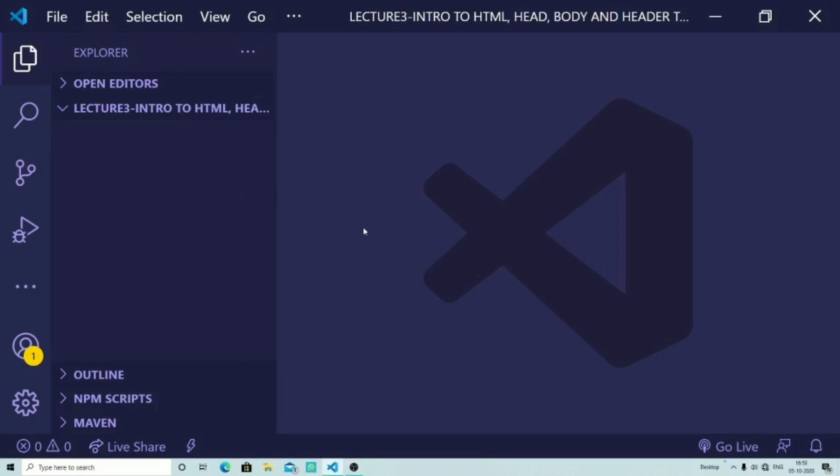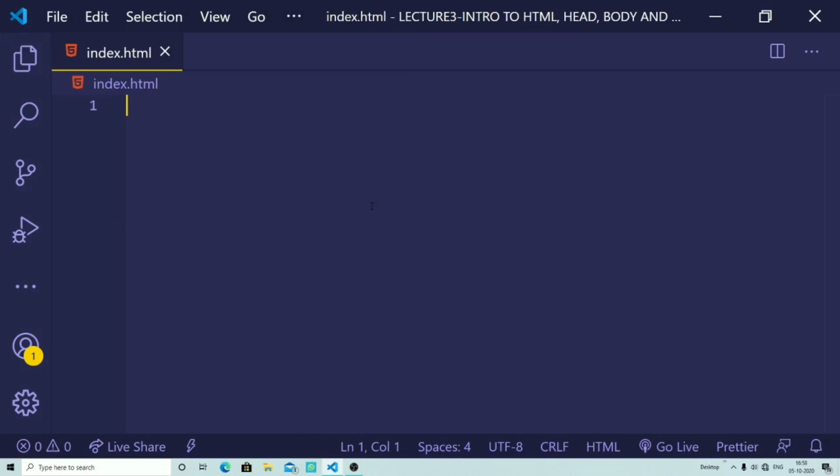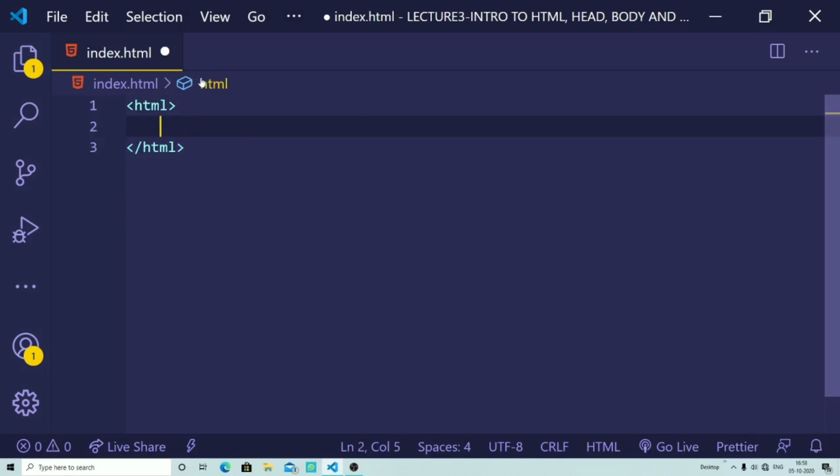So guys, without any delay, let's start by creating our HTML file. First of all, open Visual Studio Code and click over the file icon over here, and name the file index.html and then press Ctrl B for closing the sidebar menu. Then you can type the exclamation mark for writing the whole HTML structure code, or as I'm going to introduce you, let's start by writing a simple structure.